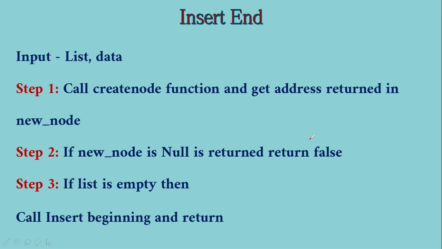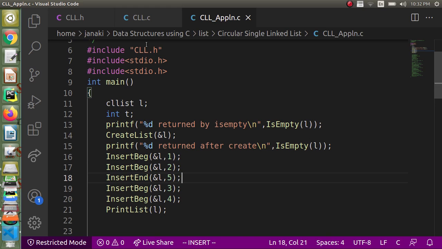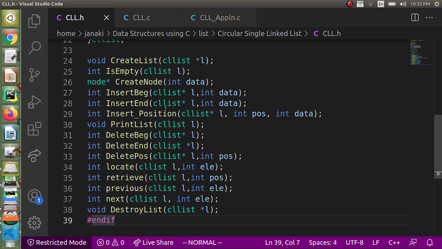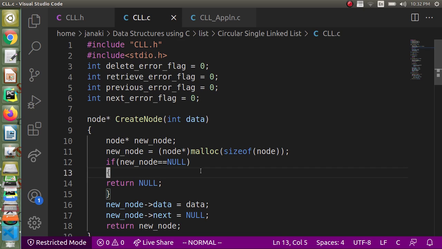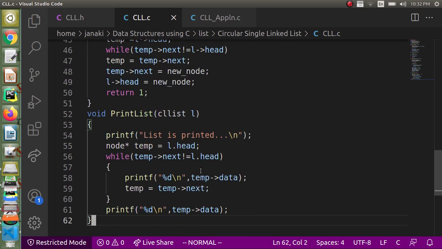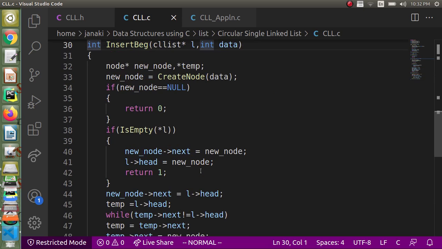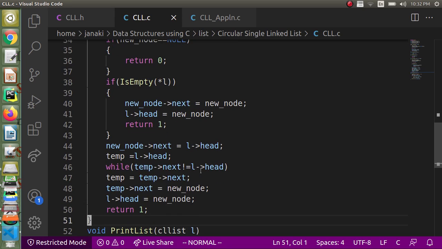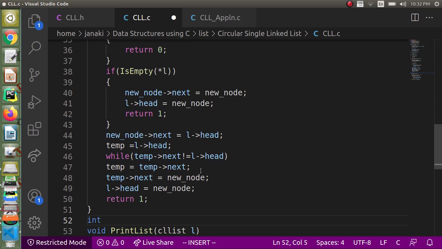Let us implement this in C language. The declaration is already done. In insert end, you can see the list should come as a reference, as an address, because you want the changes to be reflected in the place where it is called also. This is the place where we will be writing the function, right? The return type of the function is going to be int, indicating whether the operation is successful or not. We will return 1 for success and 0 for failure, because the C language does not have a